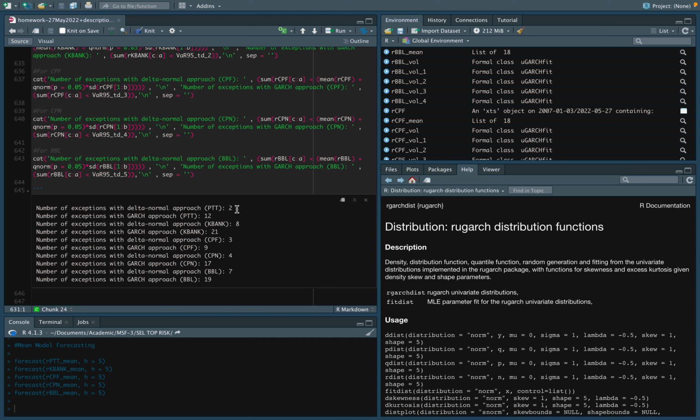The actual return drops below VAR only 2 days, but from our GARCH approach it drops below VAR 12 days, and for KBank 21 days, CPF 9 days, CPN 17 days, and BBL 19 days,